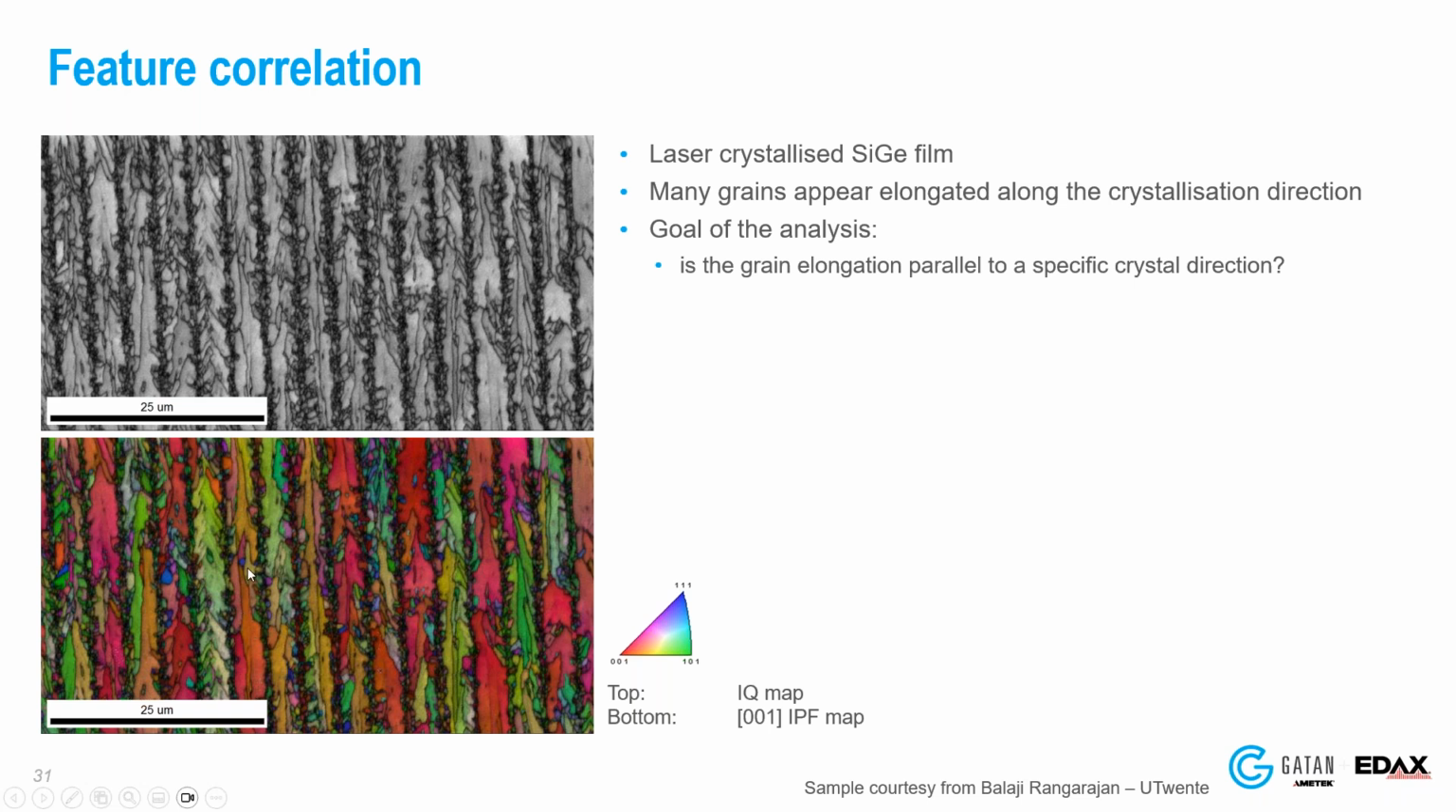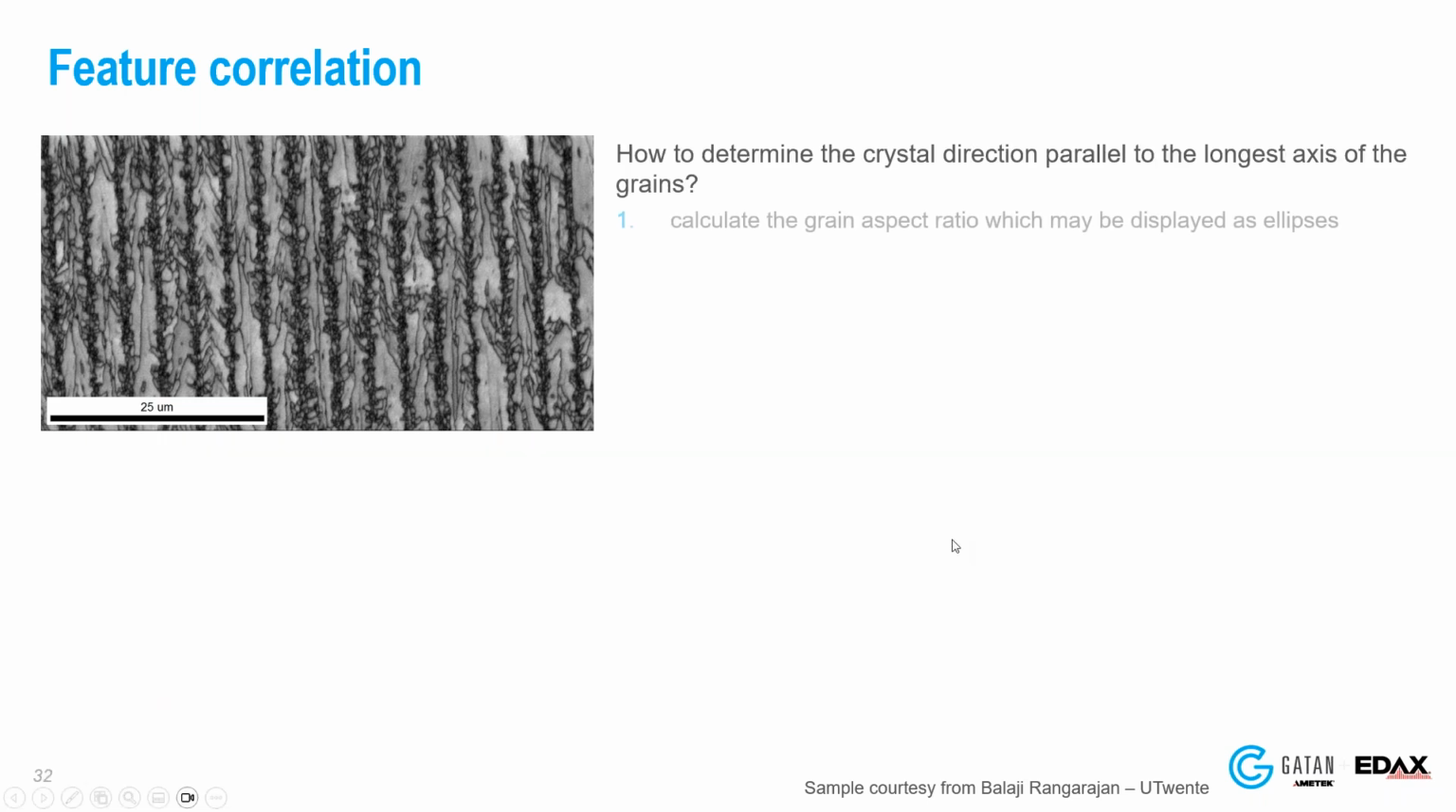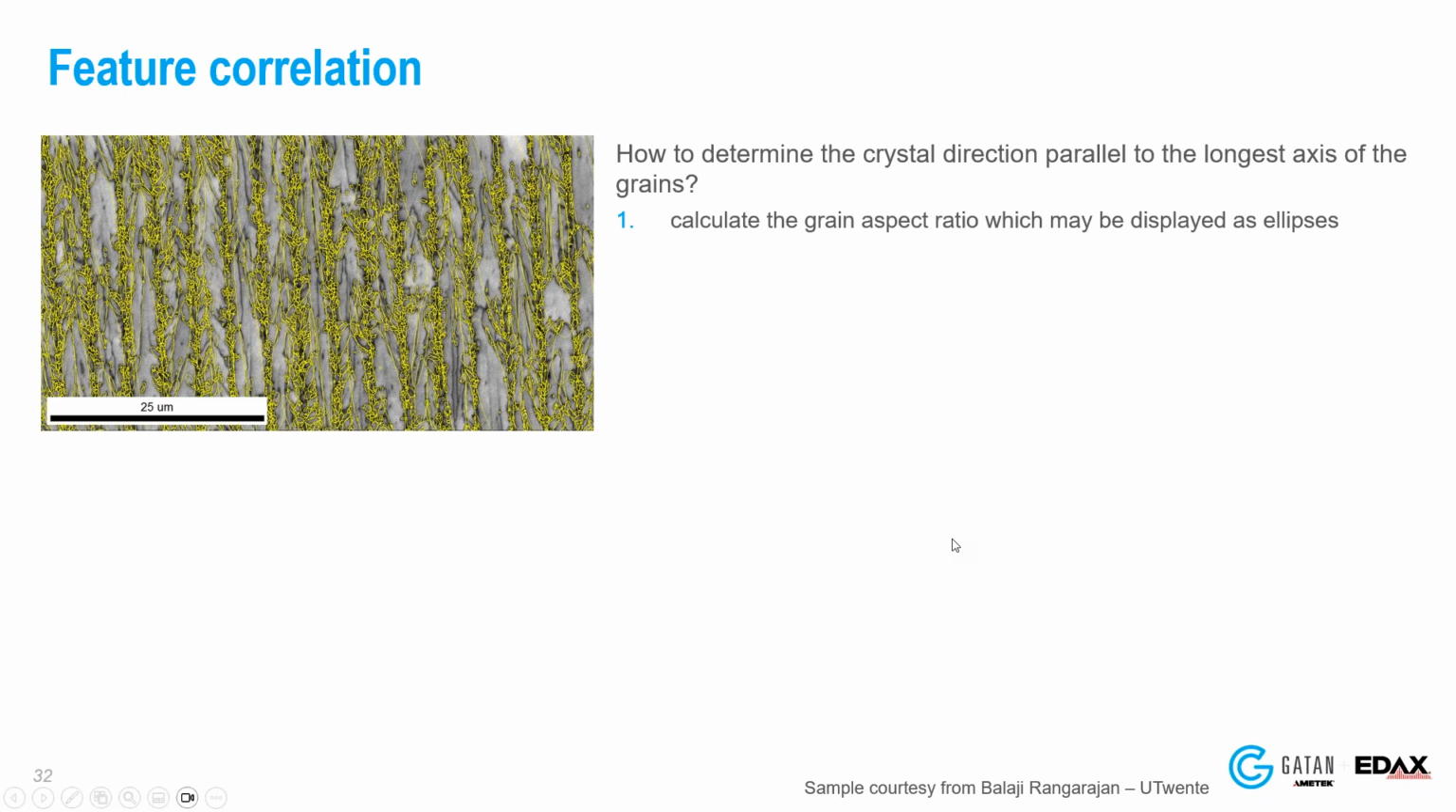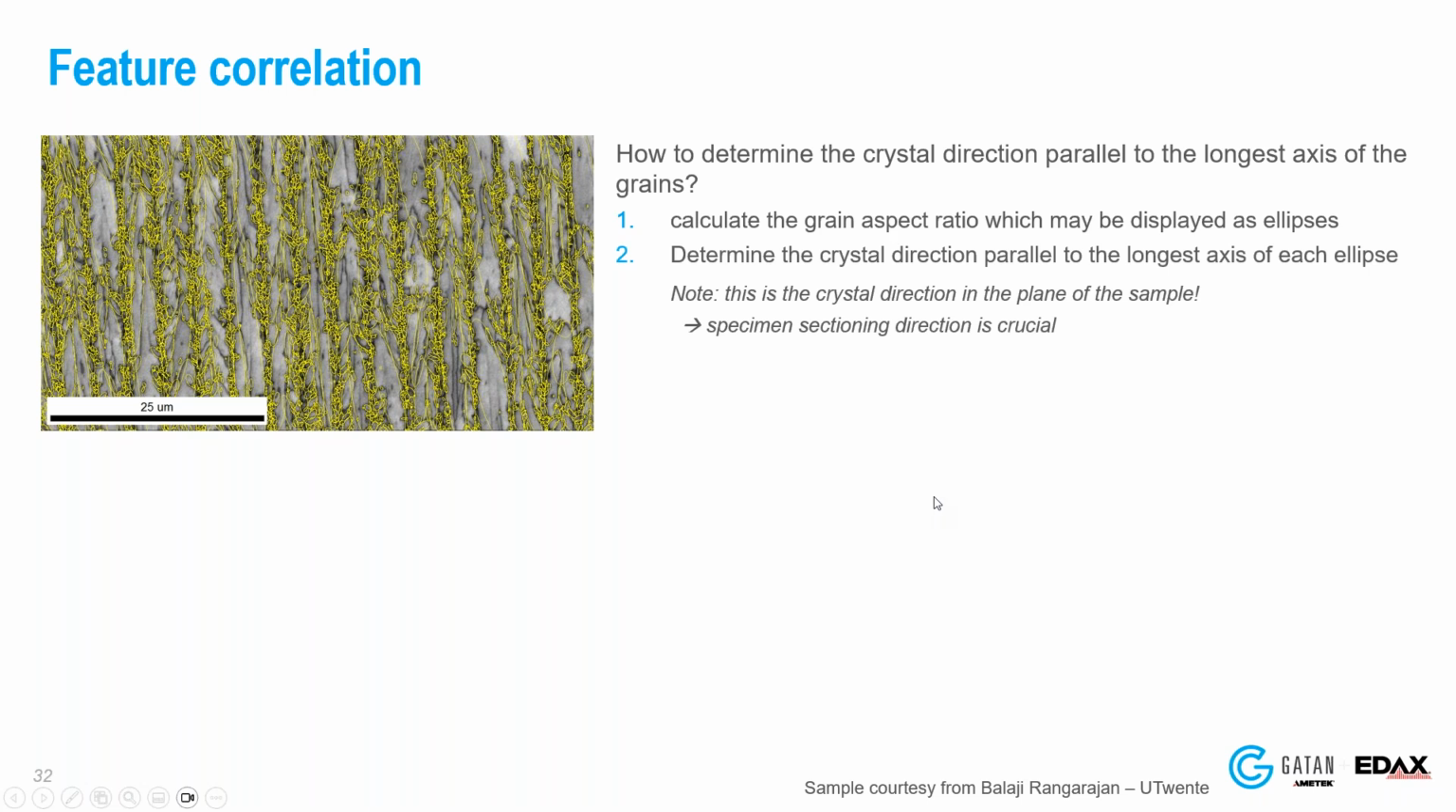And you can also see a lot of those smaller grains are not perfectly vertical. They are skewed inside each trail. So what you can do is first calculate the aspect ratio, identify grain ellipses. So here for each grain, we look at the longest axis, the shortest axis, we draw an ellipse around it. And then we can identify the crystal direction in the plane of the map along the longest axis of that